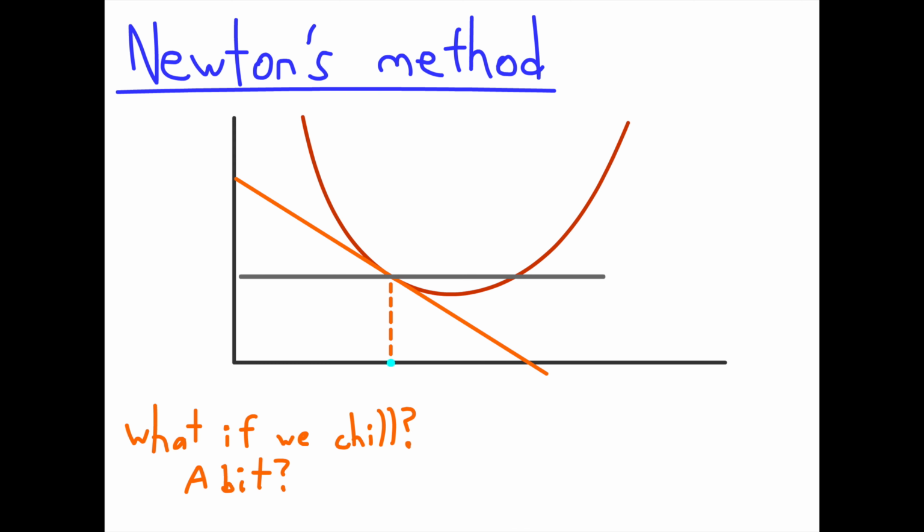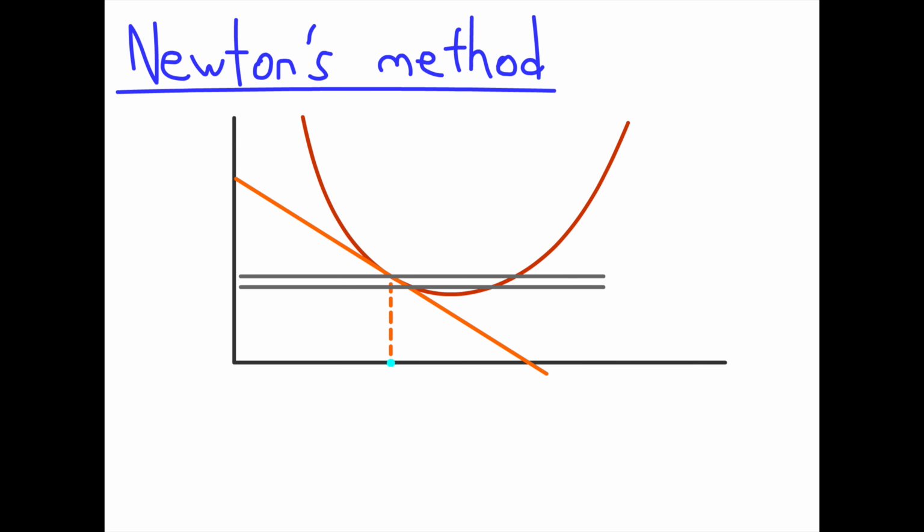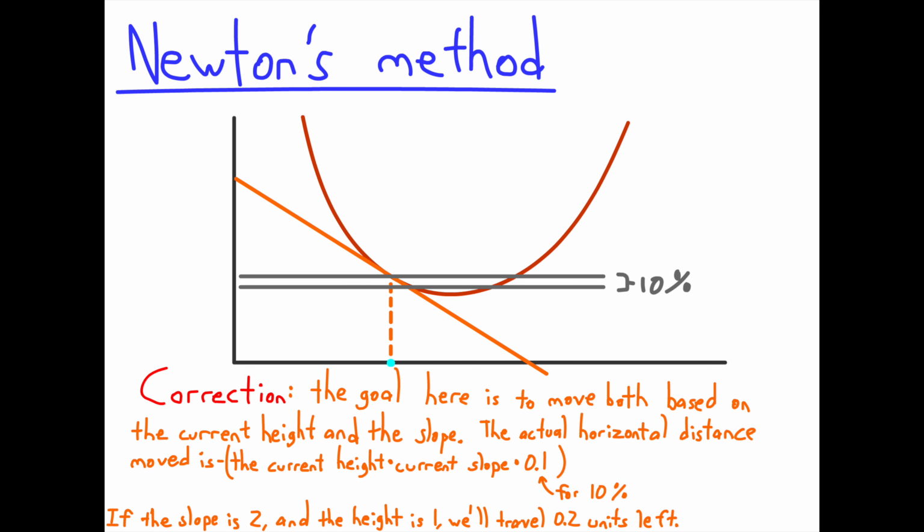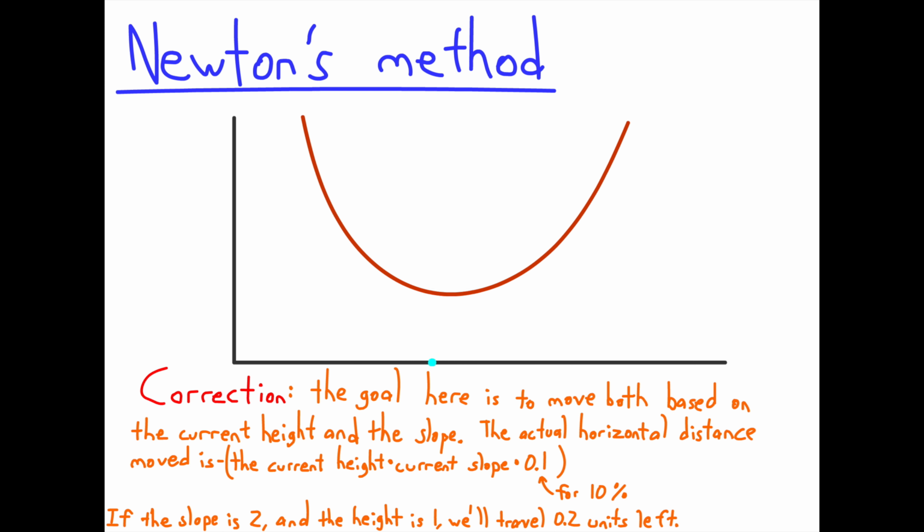But what if, instead of going all the way to 0, we just try to go a certain percentage of the slope of the function? Say 1/10. So if the slope is 2, we'll travel 0.2 units down. Then there's less bouncing, and we converge to a local minimum, even if it's not actually 0.